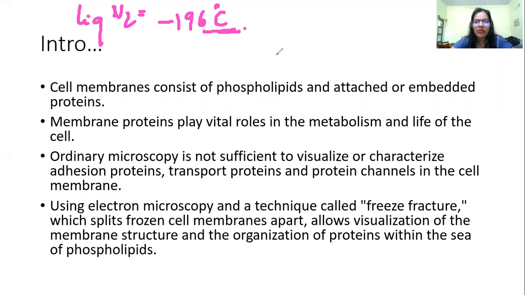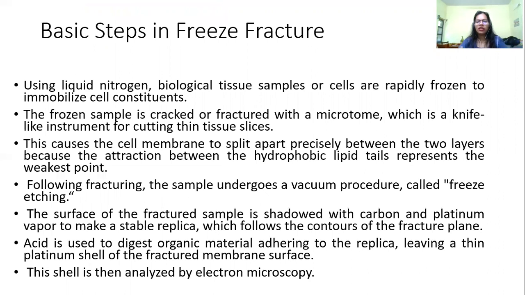Okay, so let's talk about the technique. Let's talk about the steps involved, and then with the help of the diagram I'll explain how exactly it is done. We take the biological samples, whichever samples you want to study, and put them into liquid nitrogen, and you have to wear gloves. Different gloves are used for liquid nitrogen handling. Then you take the cells and rapidly freeze them. So whatever proteins or lipids are present will be kept at that particular region only.